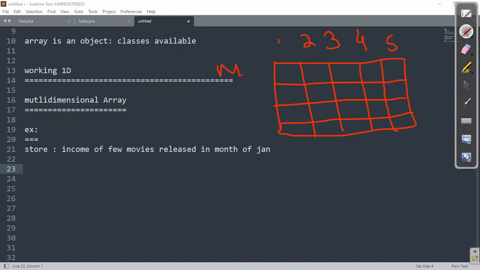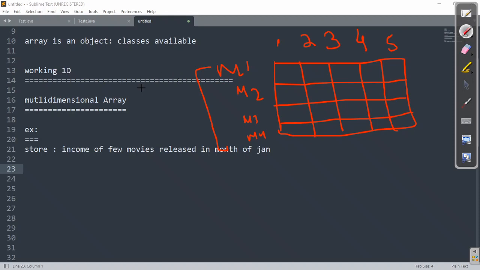This is movie 1, movie 2, movie 3, and movie 4. Let's say 4 movies are released and I want to track what income they made in the 5 months from the day of their release.